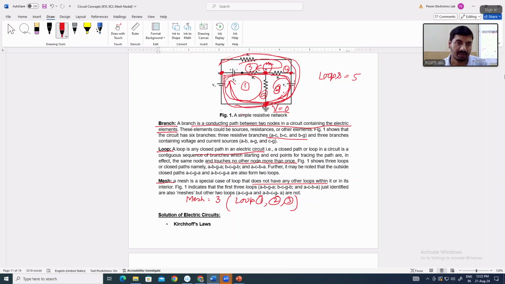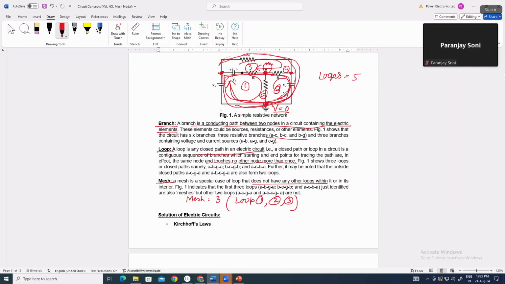तो इससे क्या समझ में आ रहा है कि लूप तो बहुत सारे हो सकते हैं, बस मेश जो है वो स्पेसिफिक होगा, जिसमें इनसाइड कोई और लूप नहीं होगा। किसी भी लूप के अंदर कोई और लूप ना हो, वही मेश कहलाएगा, राइट? सीधा सीधा ये डिफरेंस है दोनों में।